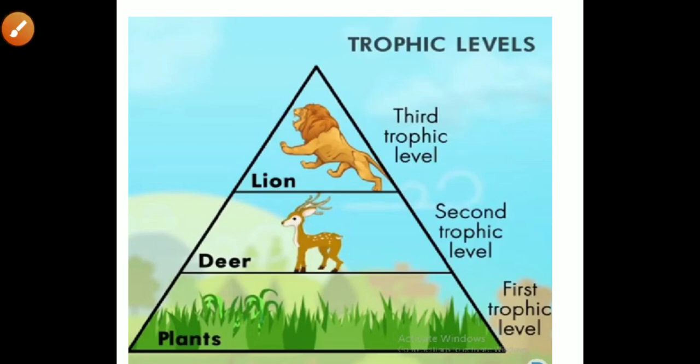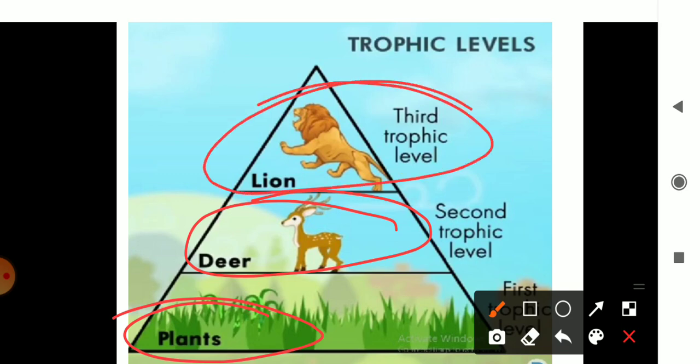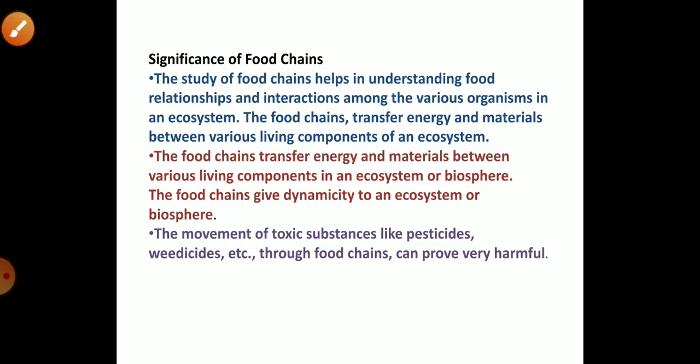So here you see there is a 3-step food chain. The first level is occupied by producer. The second trophic level is occupied by deer, right, which is a herbivore, and the third trophic level is occupied by lion, which is the top carnivore, right? So this is a trophic level. Now let's see the